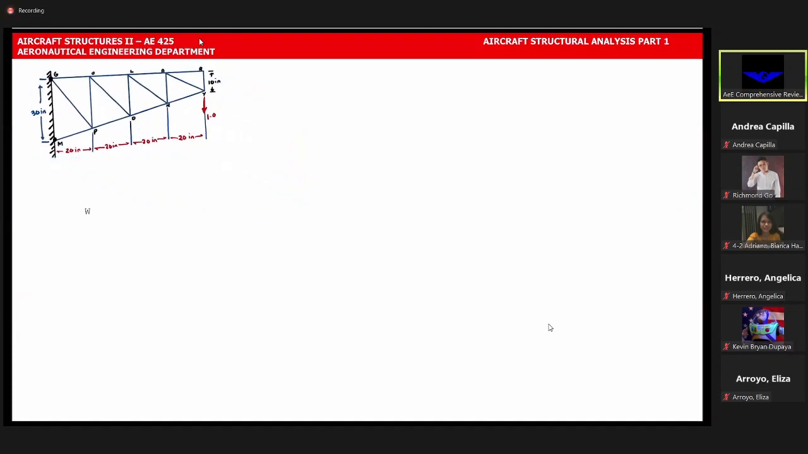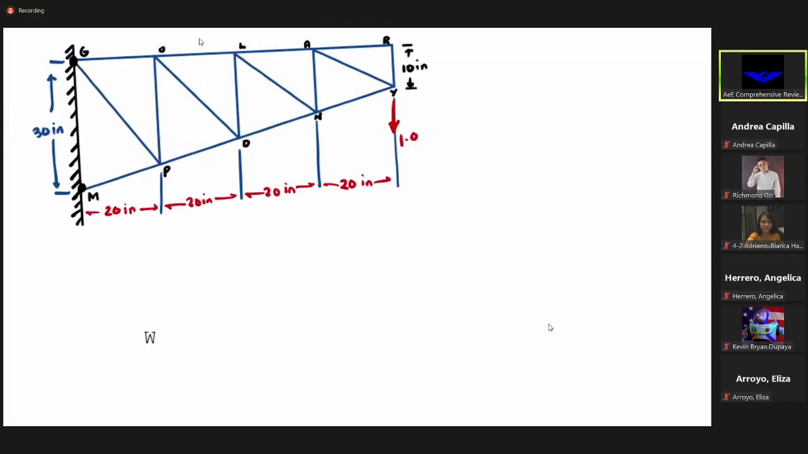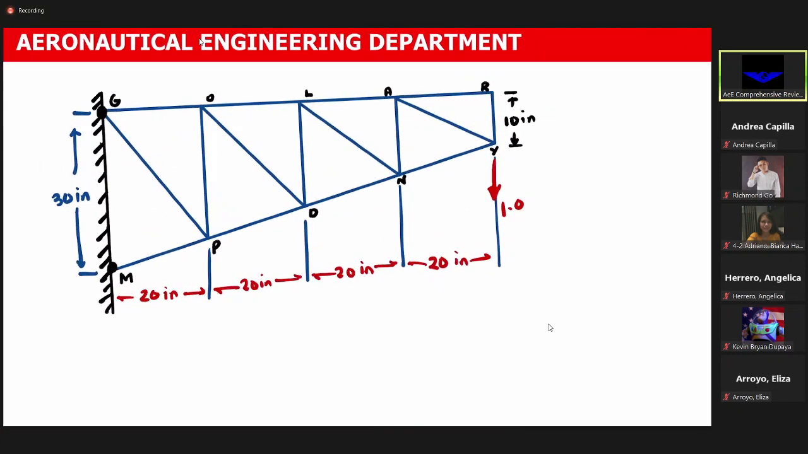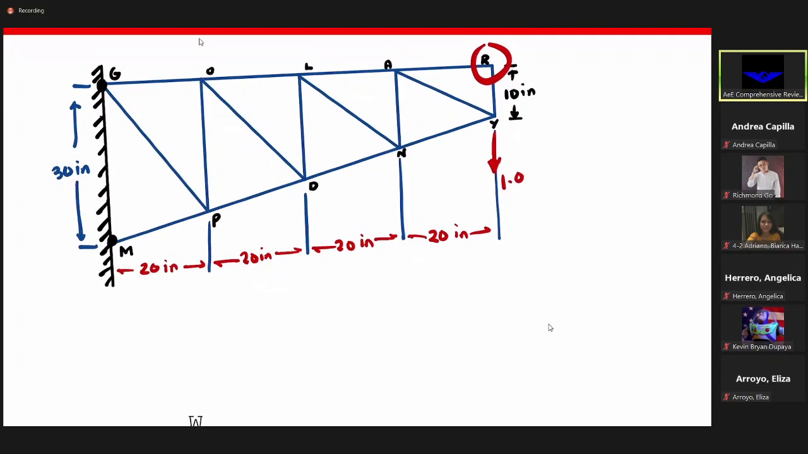Okay, so ulitin mo yung process na ginawa natin kanina. Yan lang yung given. Nakuha? So, pwede mong kunin yung reaction ulit, no? At any, no? Dito, pwede mong kunin. Pero ako, dito ako magsisimula sa R. Okay? So, at joint R,